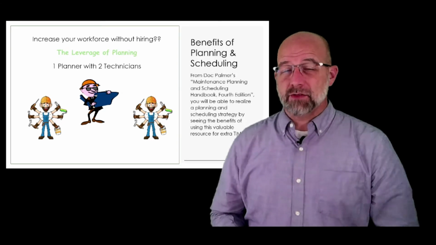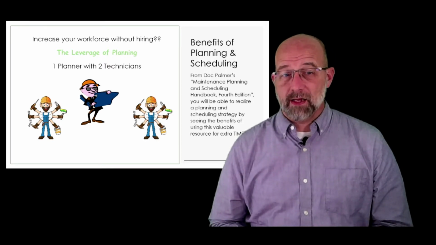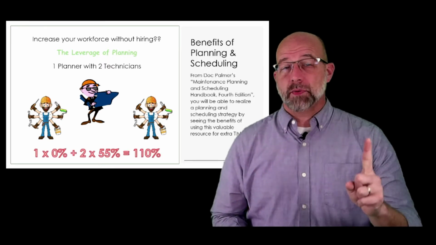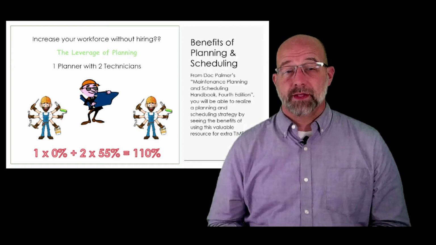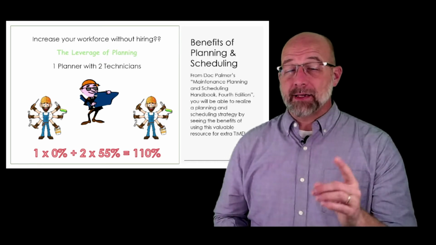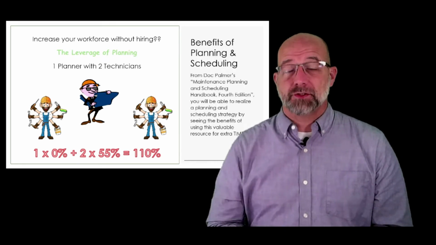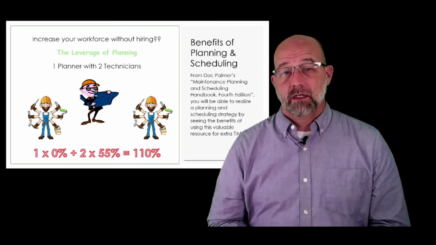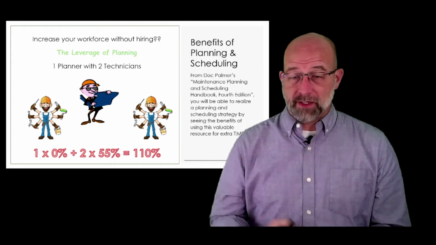So adding this one person really doesn't do any wrench time, yes. However, that one person at 0% wrench time, plus the two that are completing the work, now in a more planned approach, so that you can get to that sweet spot of the extra 20% that I'm showing here, you need to schedule them at 100% of their available hours.